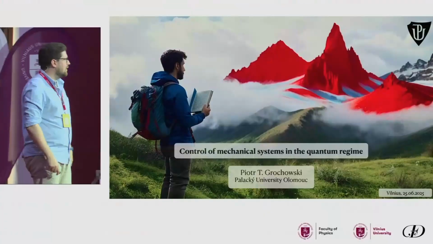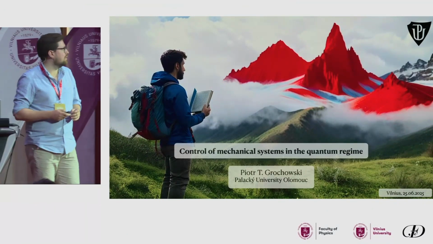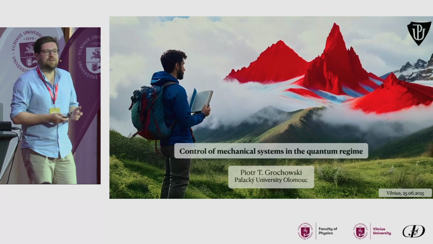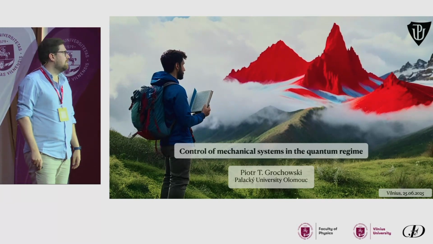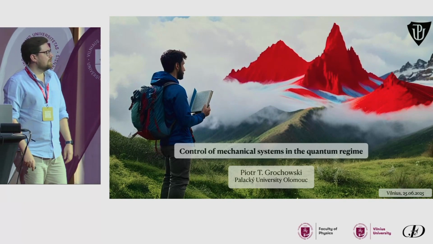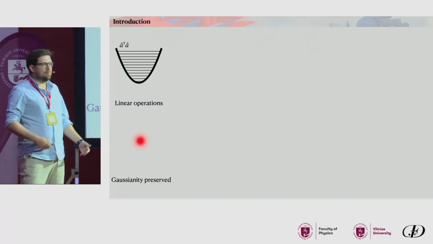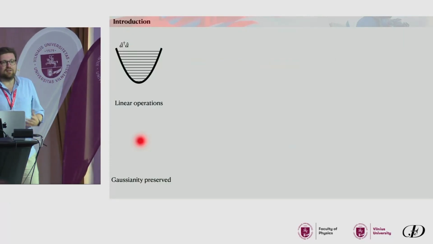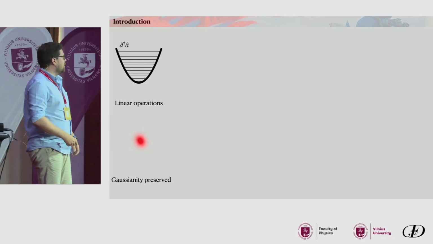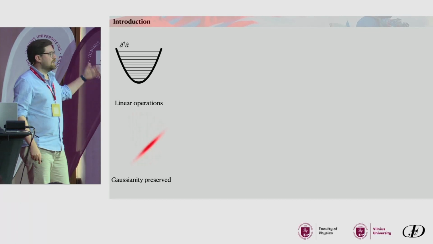Today I'm going to tell you about some recent progress that I've been part of, aiming at the optimal control of quantum motion in many different systems. The starting point for any trapped quantum system would be the linear approximation, the quantum harmonic oscillator. In this linear regime, we are allowed to do operations such as squeezing, displacement, and rotation.